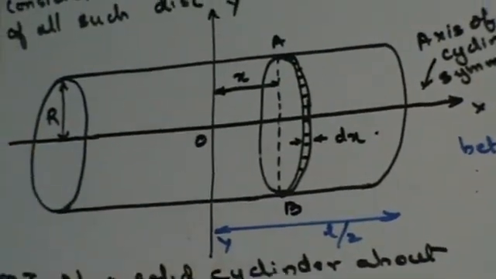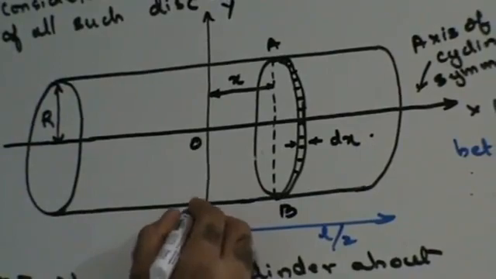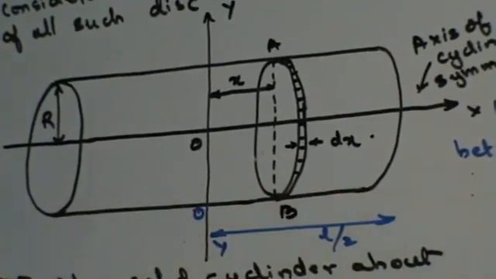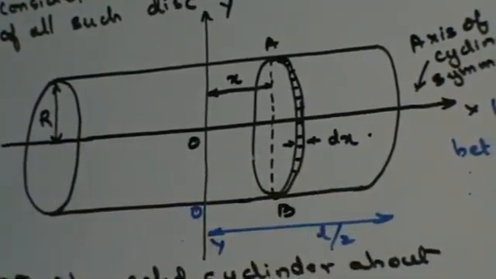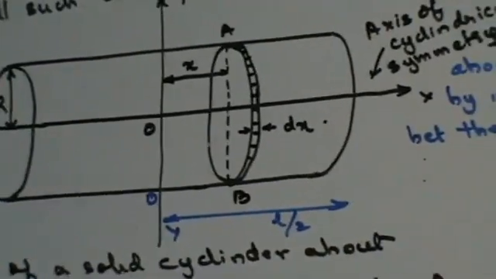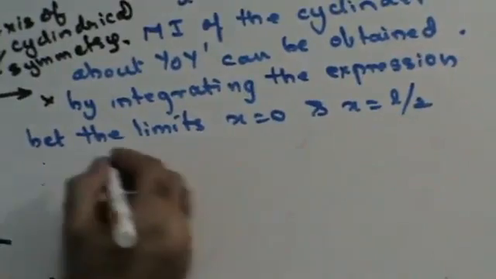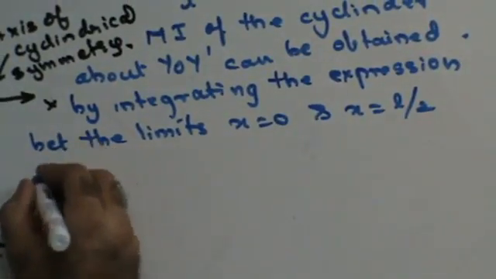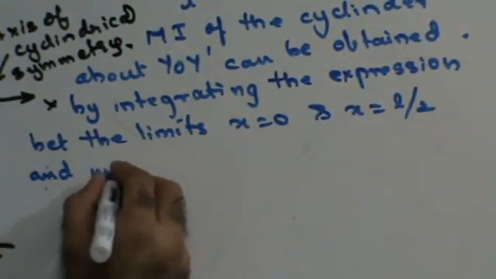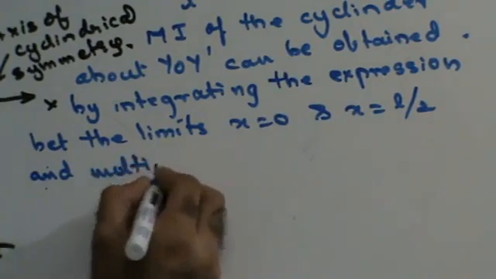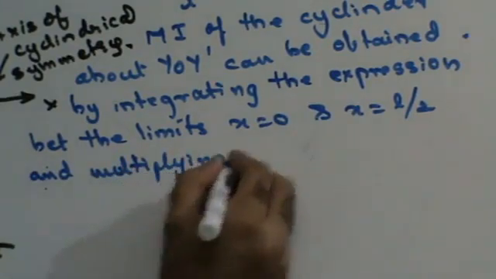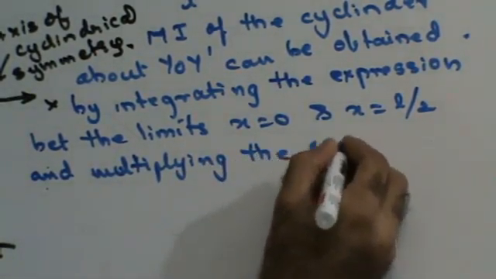Because if I am assuming this to be the origin, the total length on one side is L by 2, no? Right? By integrating the expression between the limits x is equal to 0 and x is equal to L by 2 and multiplying the result by 2,